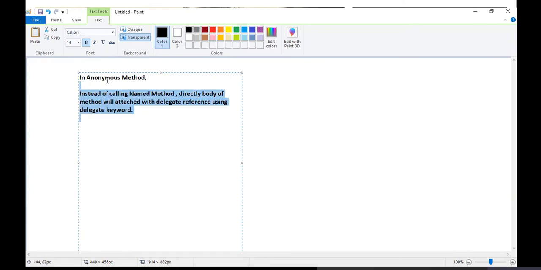That's why the name given is anonymous. Anonymous means there is no name for the method which you are calling. Body means definition. So directly the definition of the method will be attached with a delegate reference using the delegate keyword. This is what an anonymous method is, and this feature was introduced in C# 2.0.